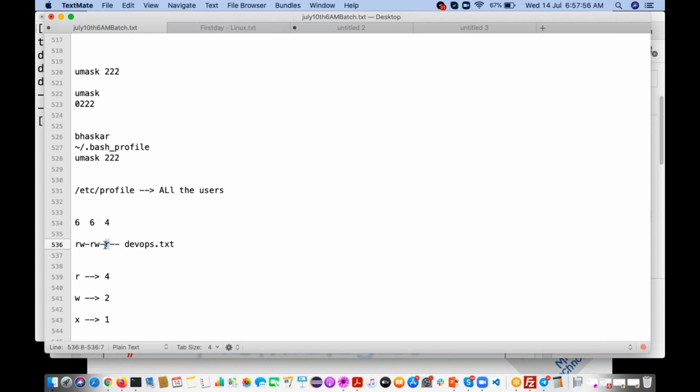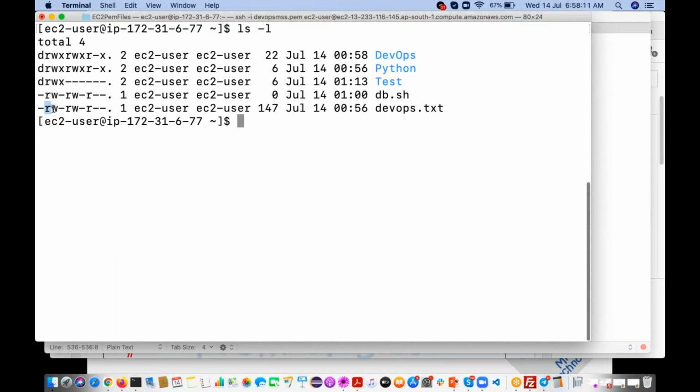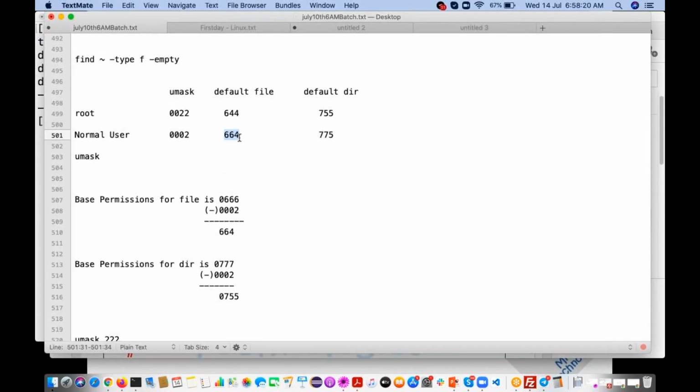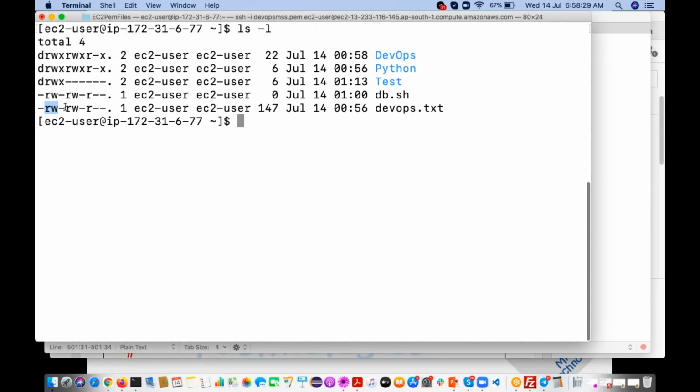The last one is 4, read. So 664 means read, write, read, write, read. If you create a file with a normal user, we get 664 permissions. Correct? So these are the permissions and it has matched, right?